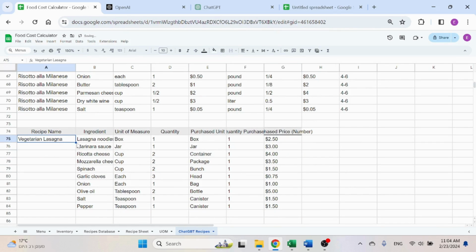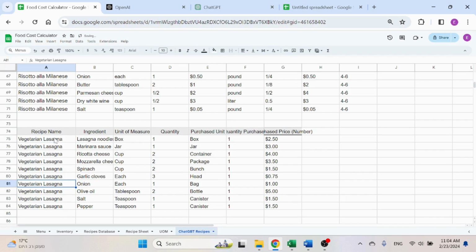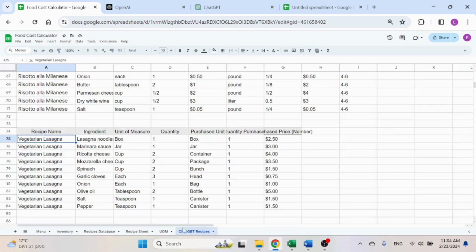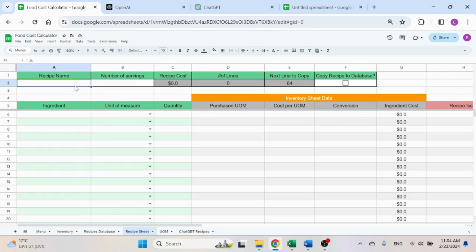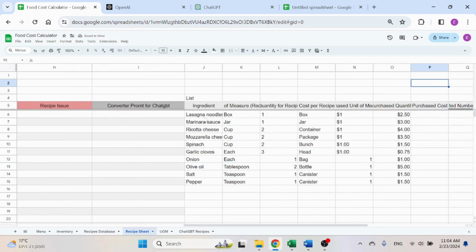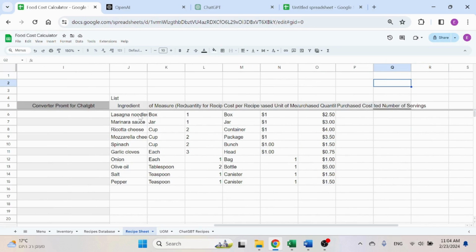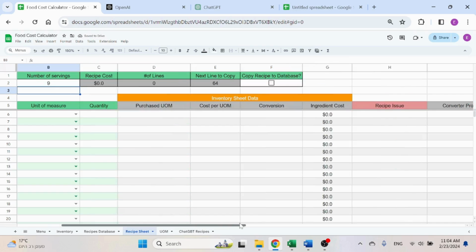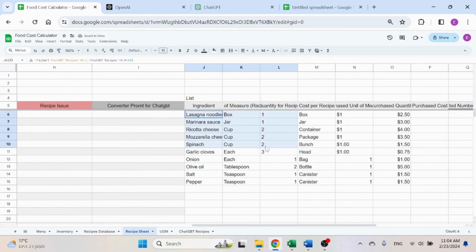Okay. I'm just going to do it like this. And then over here in the recipe sheet, what I did is here on the right, you see it's going to just pull the data that I have over here, just using filter. So basically I'm filtering the ChatGPT recipes whenever column A is equal to mine. So let's put 9 as the number of servings over here. And then we're going to copy, I have lasagna box, and